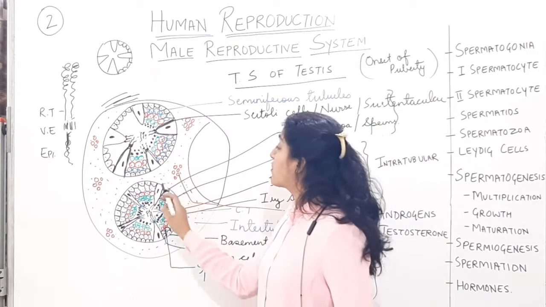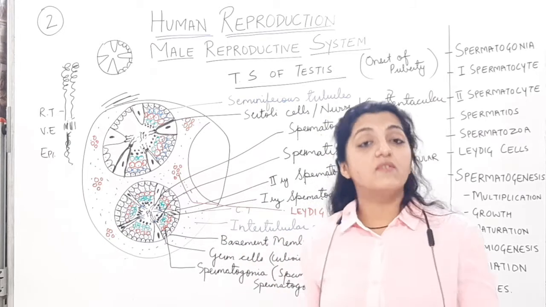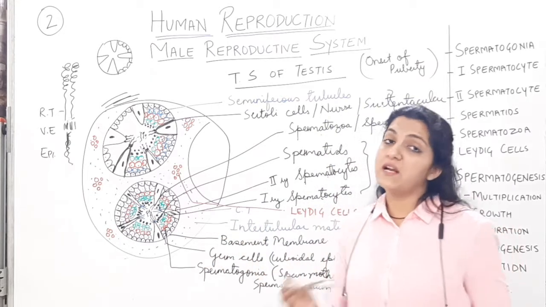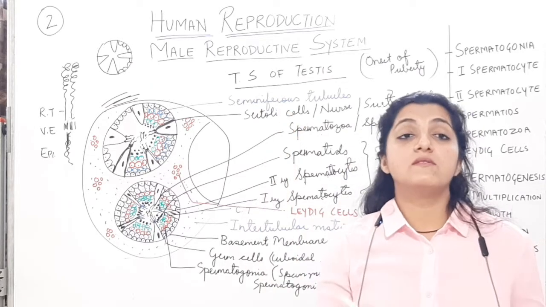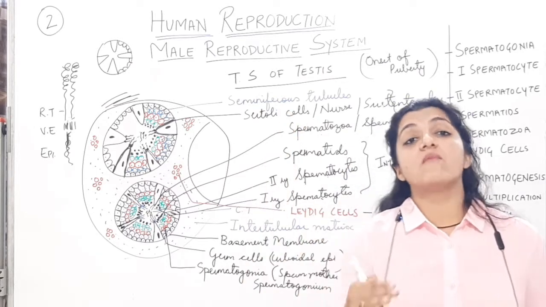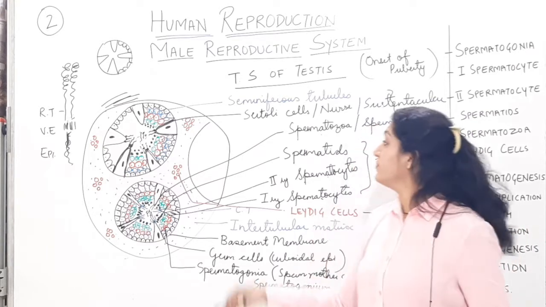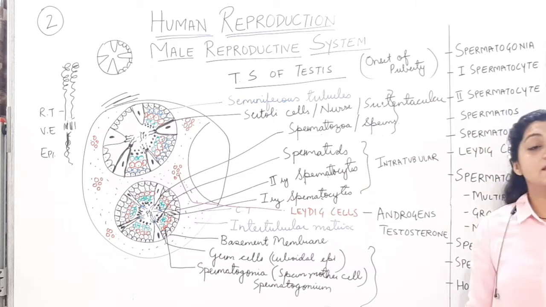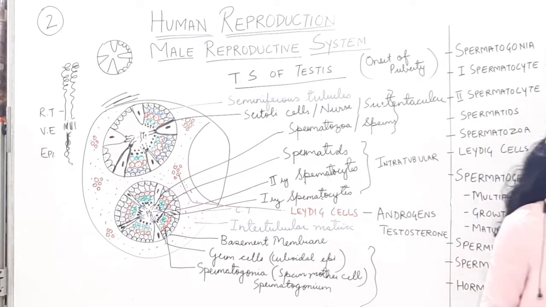They will be coming out from the seminiferous tubules to the next portion, that is the rete testis, and further to the vasa efferentia, epididymis, and they will be going. They will be traveling the whole male reproductive system to be ejaculated outside from the penis, which is the external genitalia of the male. So you have to remember all these cells. Now let us discuss the process of spermatogenesis.